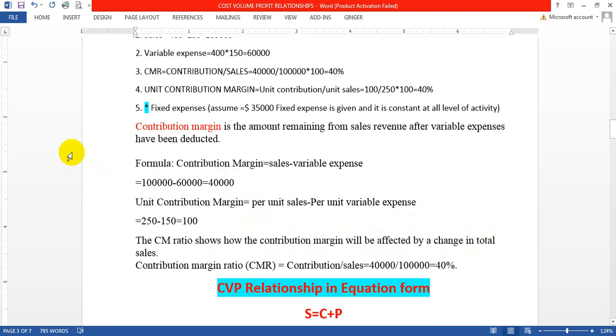If in short, if my 1% or my 1... if my CM ratio